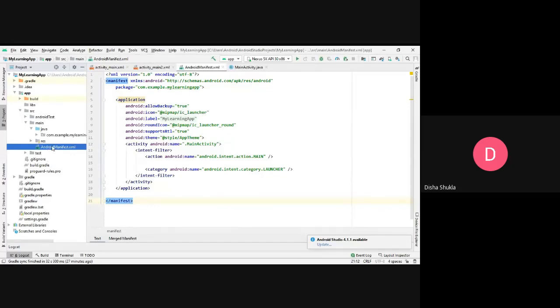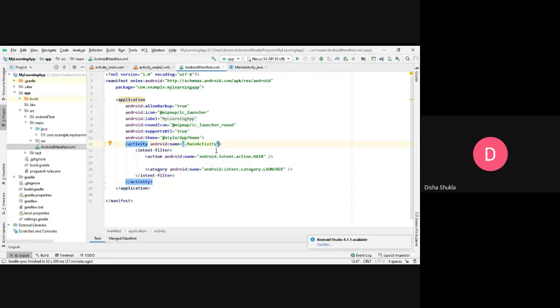Okay, the manifest file is something that I explained last time. I told you what a manifest file is. It's a configuration file wherein you put all the configuration related data of your project. And if you want to differentiate an activity from another, or if you want to put some unique things in a particular activity, then you can put all those settings in the particular activity tag in your manifest file.